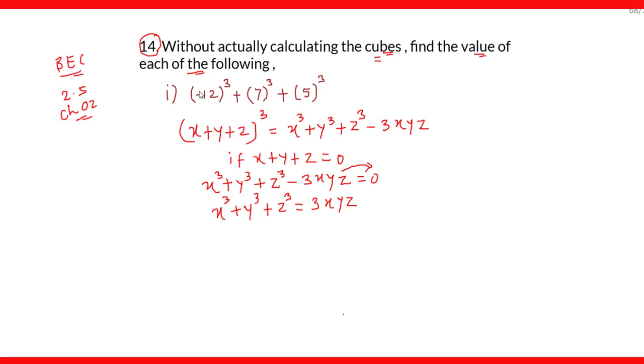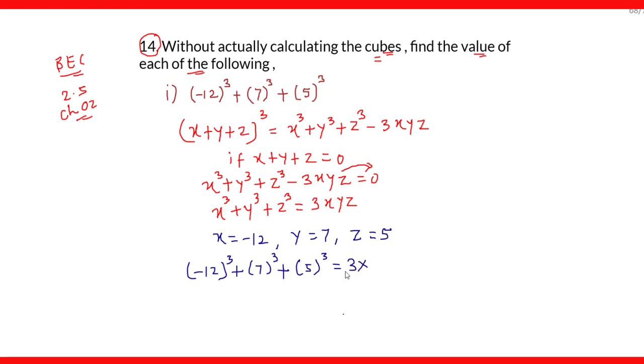Now here x is equal to what? Minus 12. If you solve this, we will see that x is equal to minus 12, and y is equal to 7, and z is equal to 5. This is just like x cube plus y cube plus z cube. So here simply we want x cube plus y cube plus z cube, that is (minus 12) bracket cube plus 7 bracket cube plus 5 bracket cube, that is equal to what?